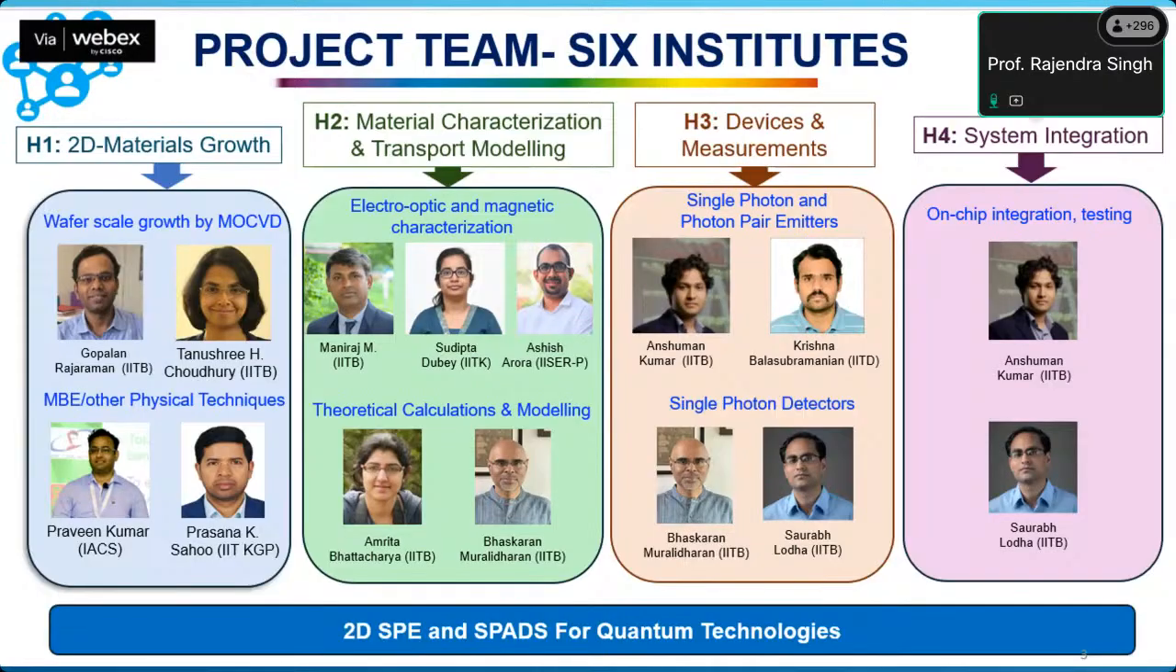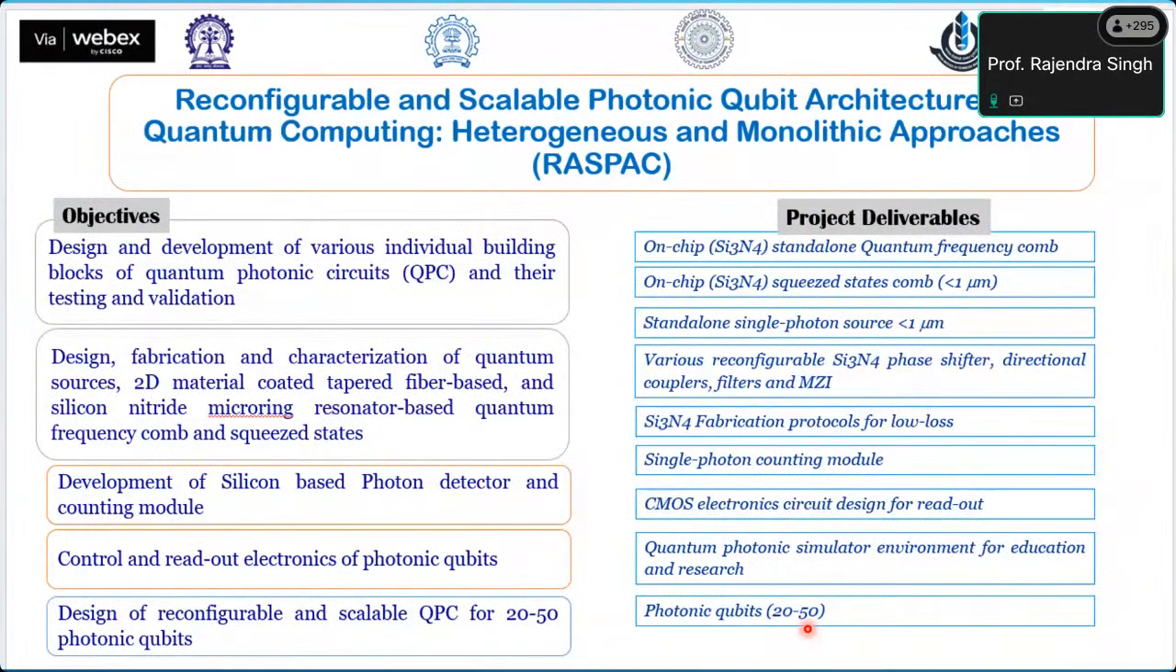Okay, and then the system integration, on chip integration and testing will be done by these two faculty from IIT Bombay in the electrical engineering departments. So what they are delivering is 2D single photon emitter and single photon avalanche detectors for quantum technology, for quantum communication applications. So now the final technology group, which, let's say, I want to introduce is